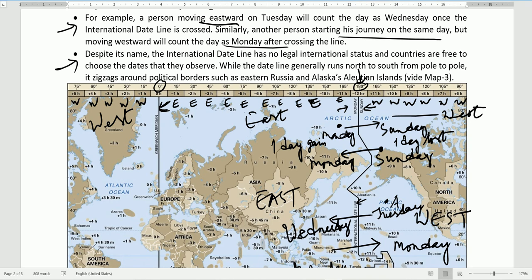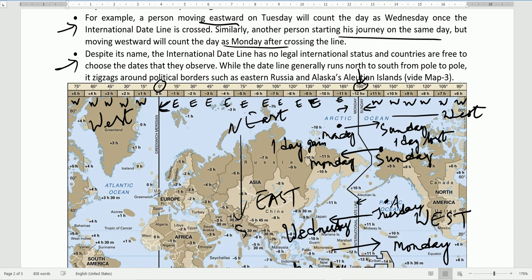It depends on the government of that country which date it has to observe. And while the dateline generally runs from north to south, from pole to pole,